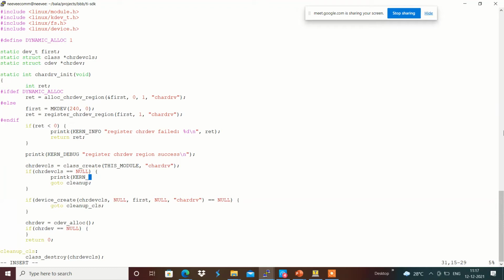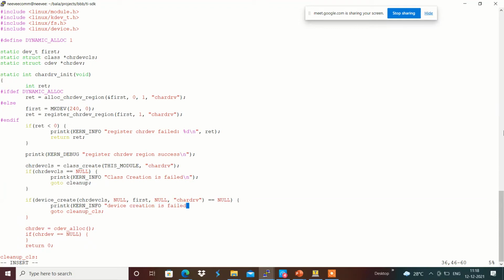KERN_INFO, or something like class creation has failed, and in case of device, printk KERN_INFO device creation has failed over here.